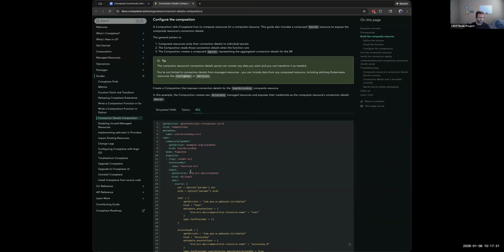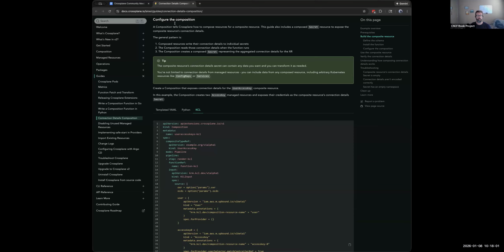The general idea is, you can compose a secret yourself in your functions. There's one more coming for function patch and transform, which does not have the same type of capabilities that other more general languages have. It's more restricted. So what we're doing there is adding more logic into function patch and transform that restores the experience you were able to get with V1 concerning connection details specifically.